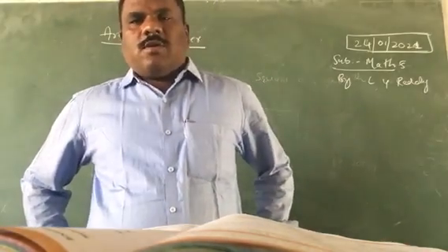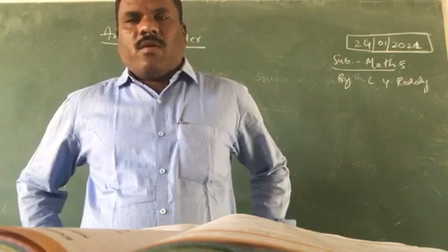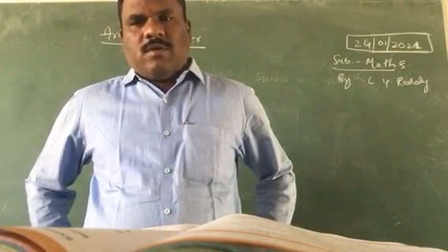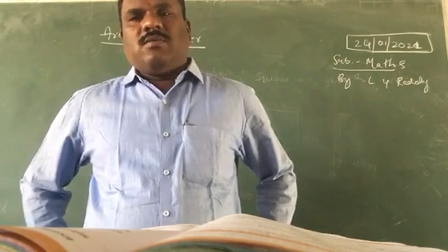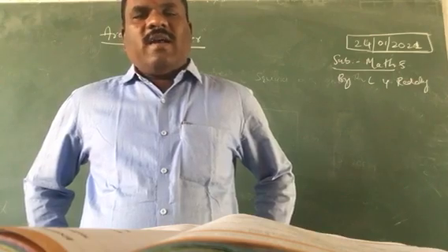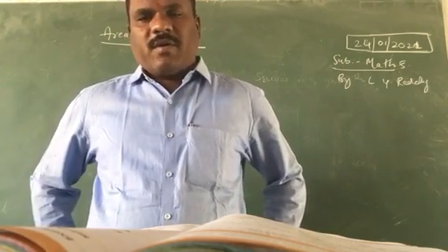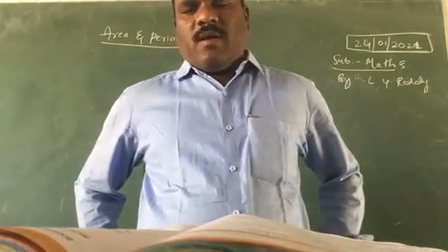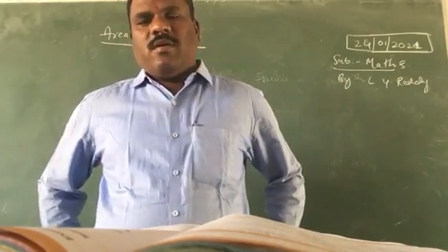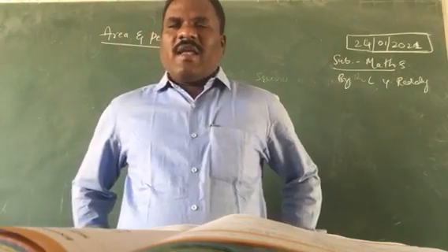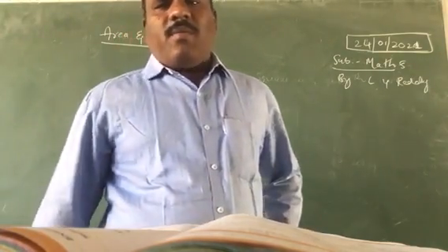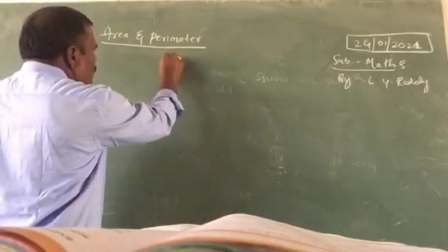So, good morning, students. Today in this session, we are going to learn about area and perimeter. Children, in our previous class, I explained area and perimeter and problems based on them. And today in this lesson, I am going to explain sums based on area of square and area of rectangle. Okay, children, in exercise 10.2,